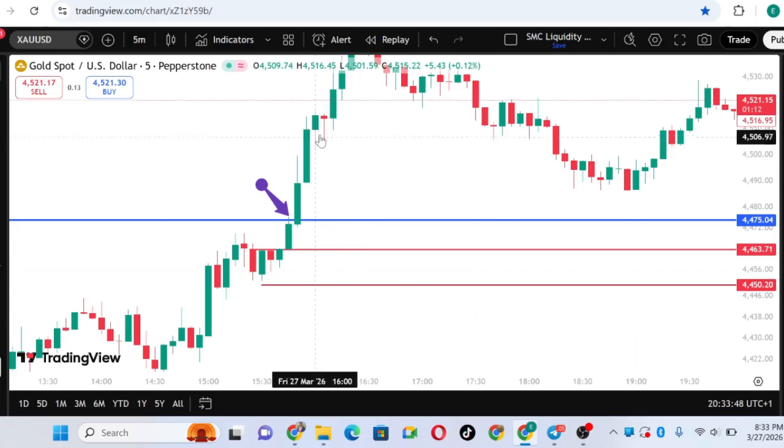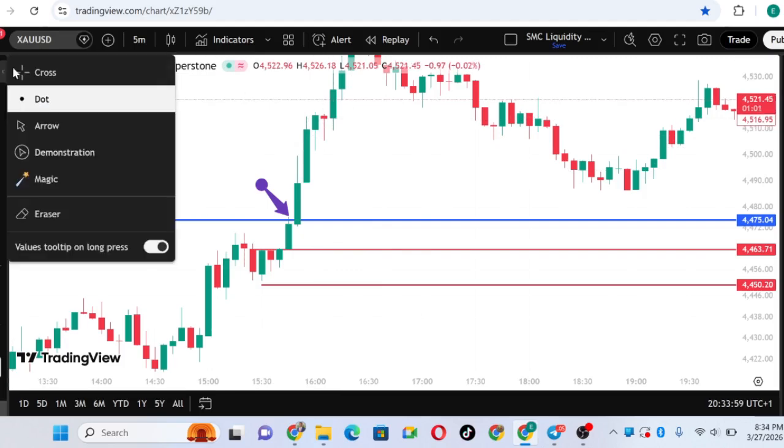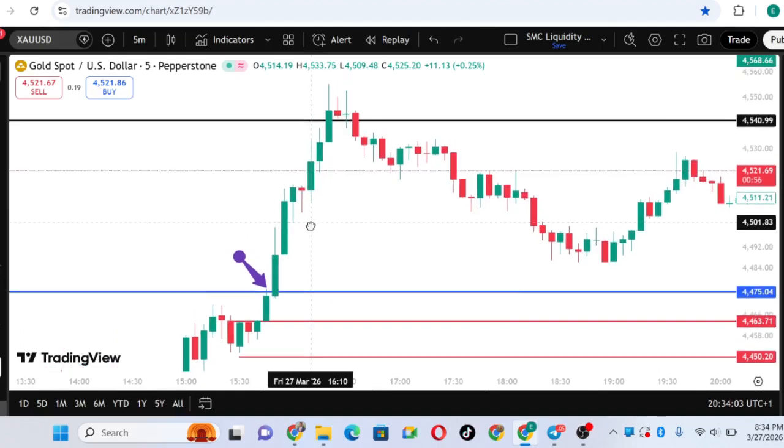If you sell here, this is why they sold. Their stop loss would be here. Me, I didn't have a reason to sell. So I had to just wait. I waited. While the market was selling, other people wondered what was going on. I can't sell. Let me just hold on and see what is actually going on in the market.